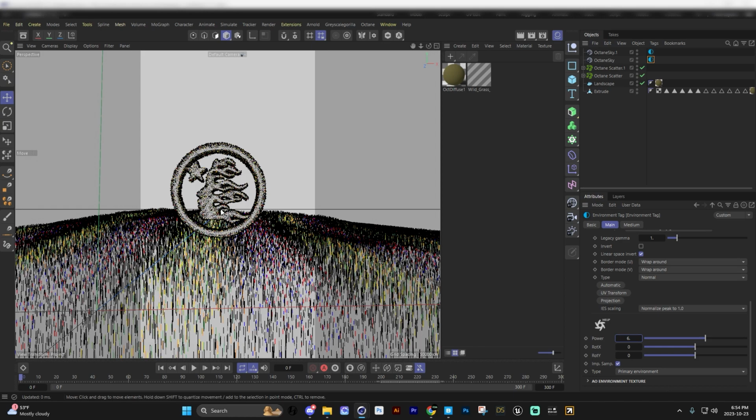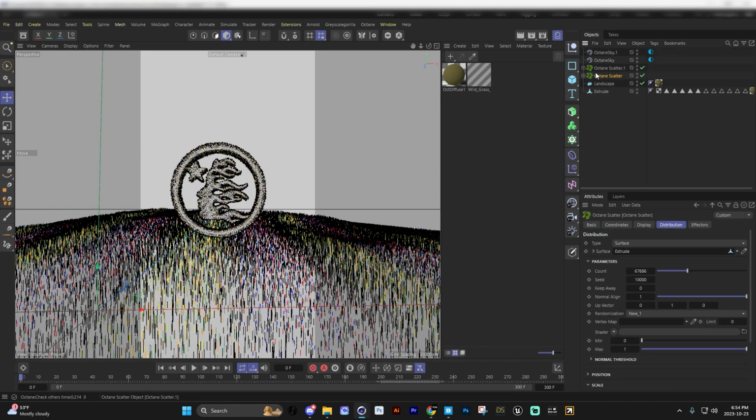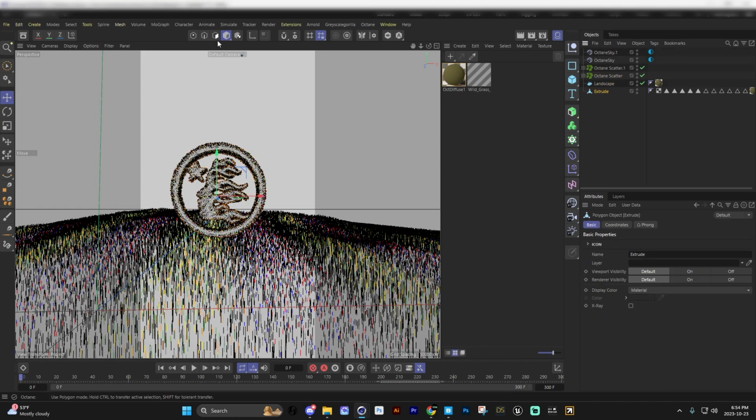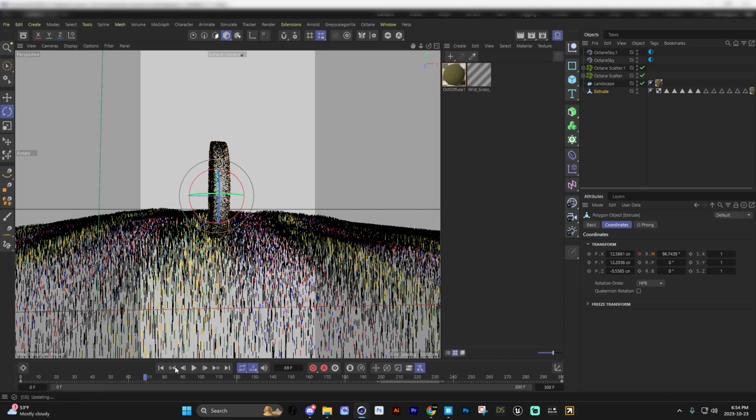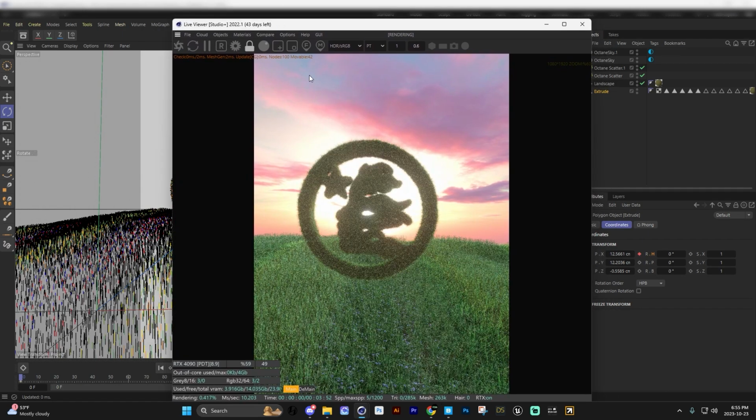Super simple. Now we're gonna make it spin real quick, so I'm gonna show you guys how to do that quickly. All you want to do is make sure it's selected and go down to coordinates, make a keyframe at 0, and then come over here and make a keyframe at, I usually type in 720, so it spins twice, a full 360 twice. And as you can see, it's spinning just like so. And then we're ready to render.